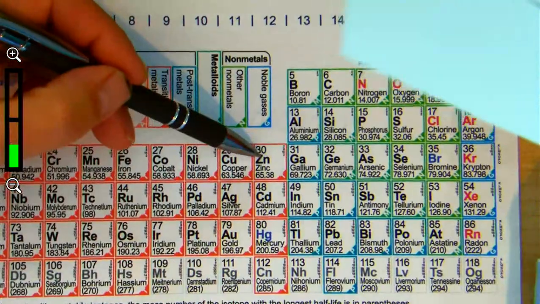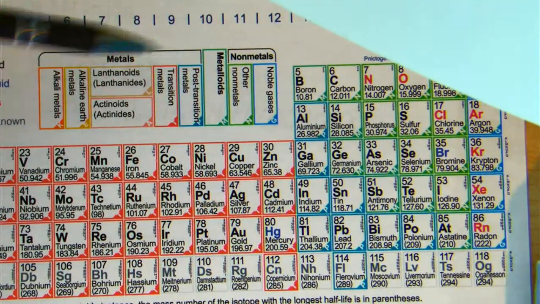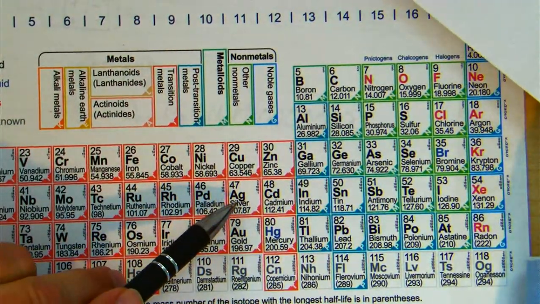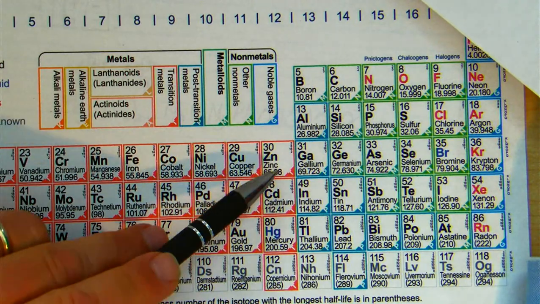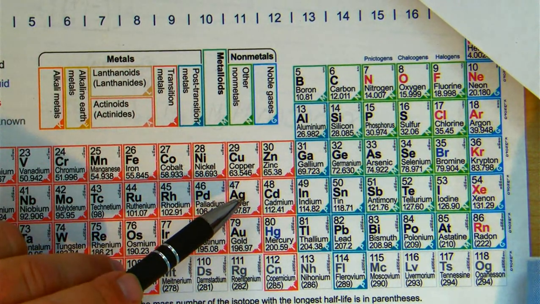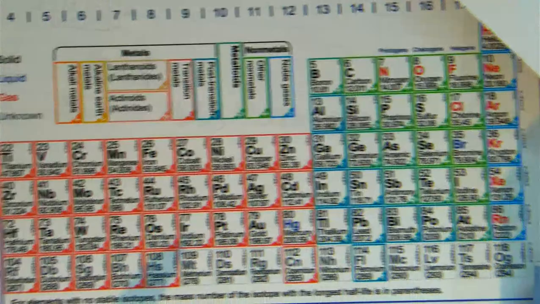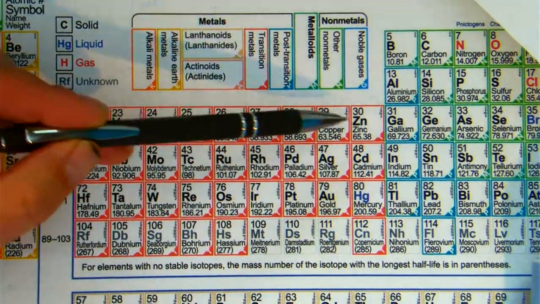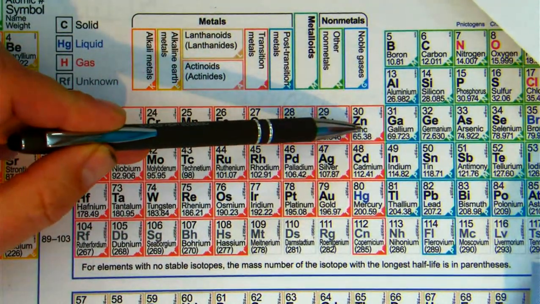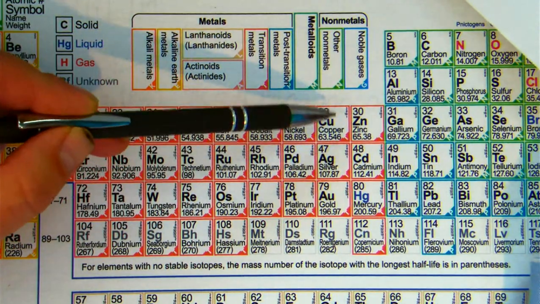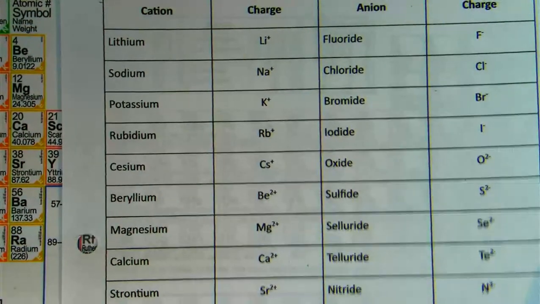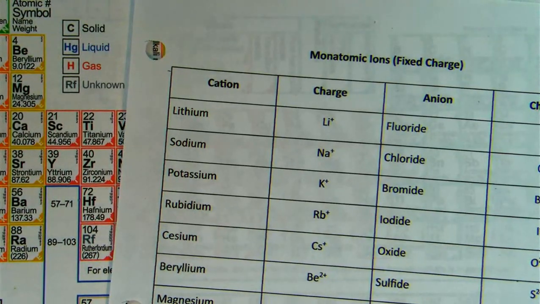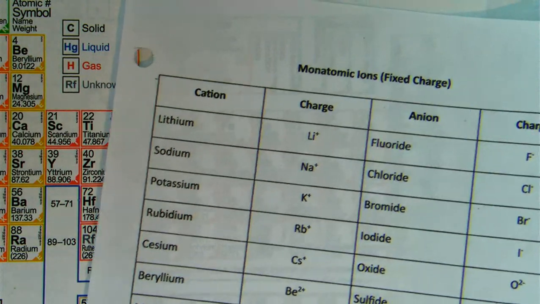Here's zinc on the periodic table. Here's silver on the periodic table. And there's nothing that you would look at as a first year chemistry student that would tell you, oh, obviously zinc is only going to be a 2 plus. No, it's not obvious to you. That's why we have this table, this handout to give you. But wait, let's talk about some of these